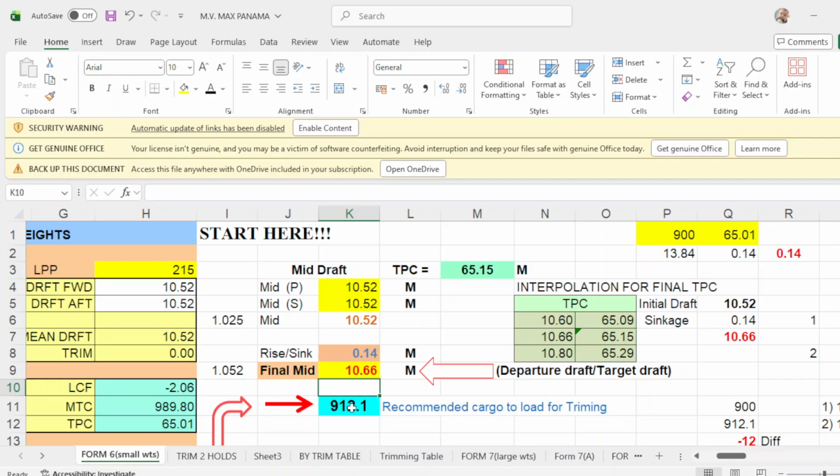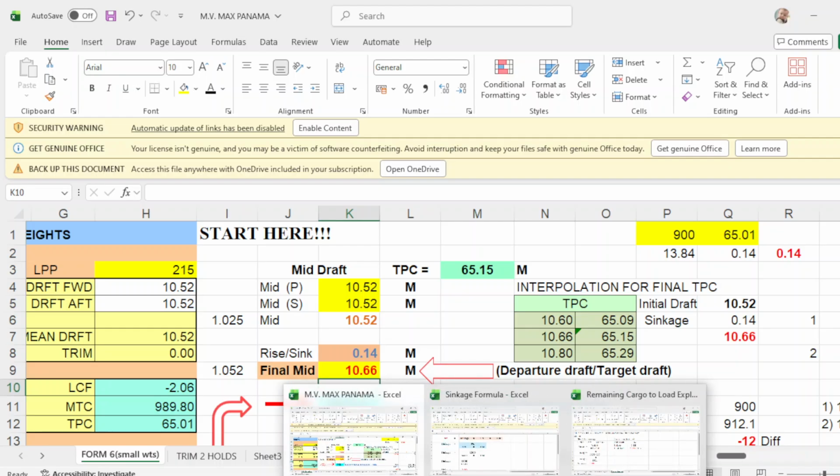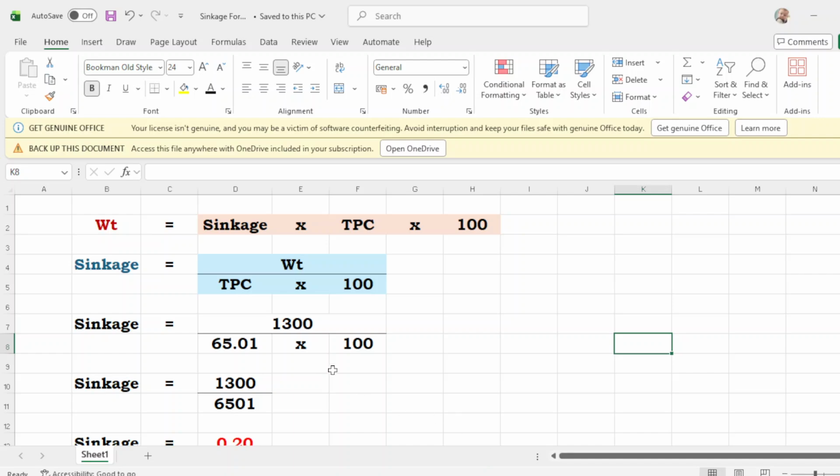So how did I get this figure? It is the same with this formula of sink gauge times TPC times 100. Take note of this, sink gauge times TPC times 100.